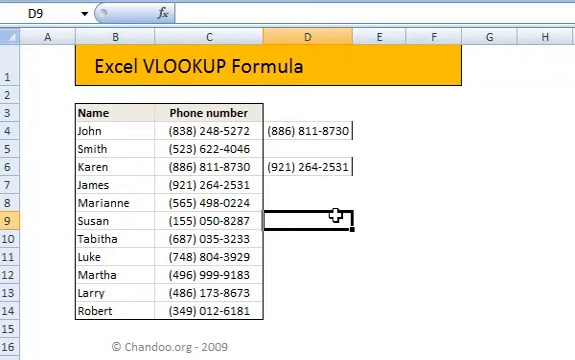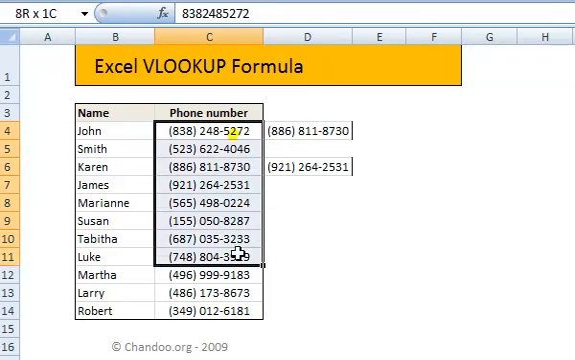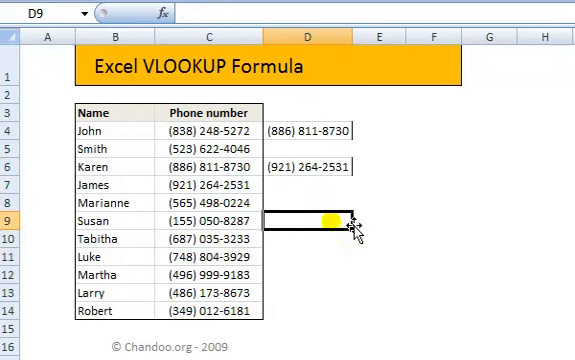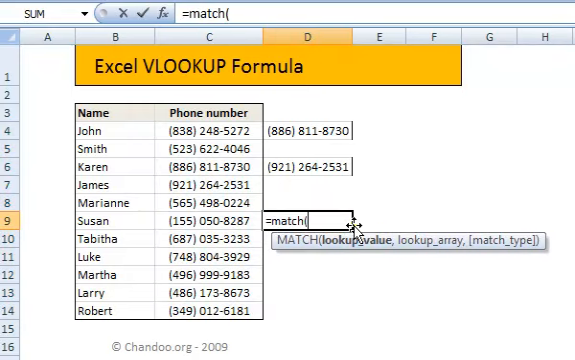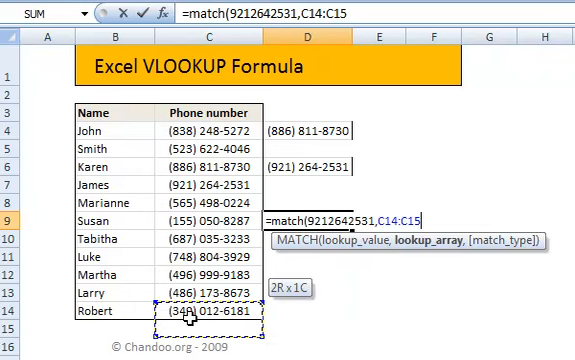You can use a similar formula called MATCH. Now what MATCH does is, it does everything that VLOOKUP does. Only thing is that it will tell you in the list at what position the phone number is. Let me show you. Let's write a MATCH formula and then look up 921-264-2531. Now that is James's phone number in this array,